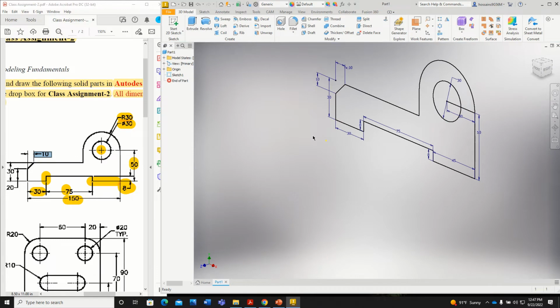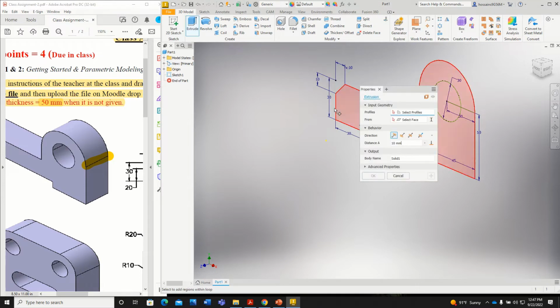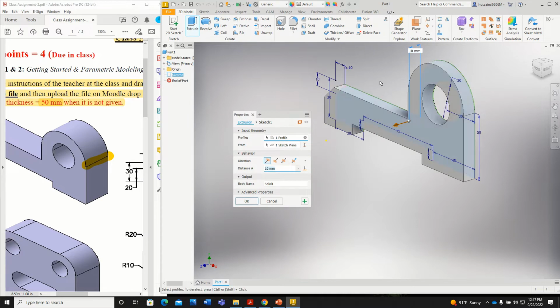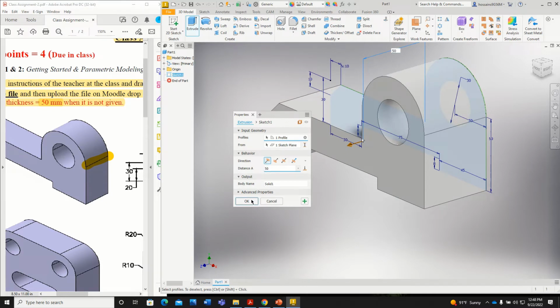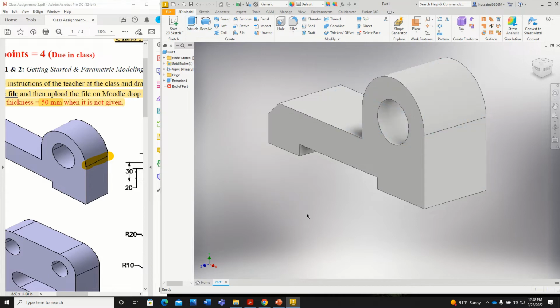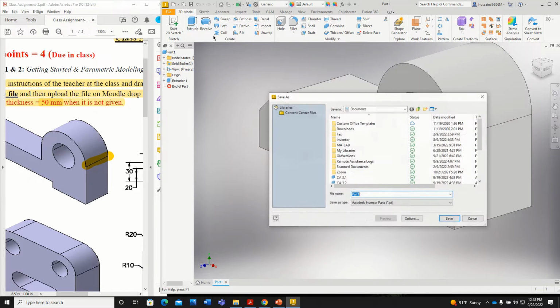Finish the sketch, and you need to add the thickness, which is 50 millimeters. So extrude, here you extrude, click on this surface here, and you see you need to add the thickness here, 50 millimeter. Okay, and click OK. It will take millimeter as a unit because we have chosen the millimeter template. Once you are done, click on save button and give a name, class assignment